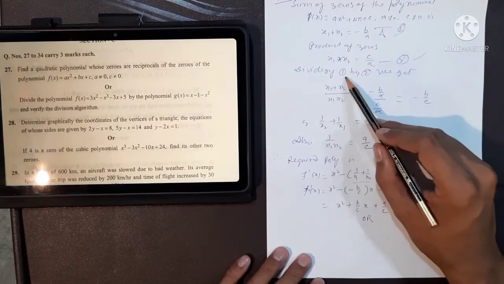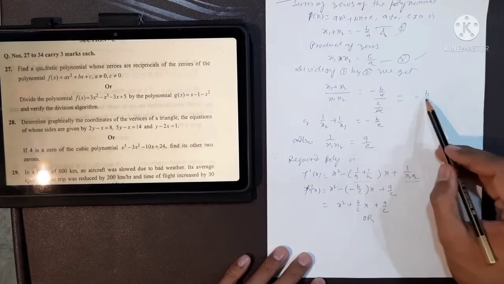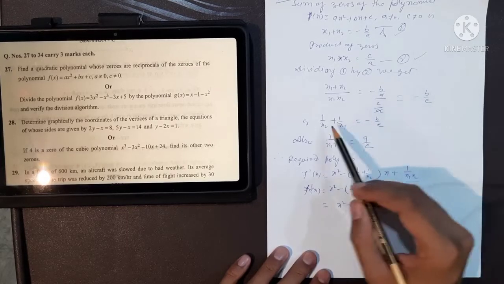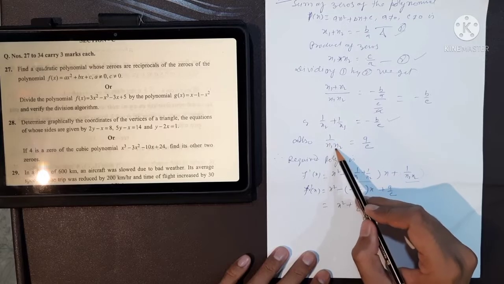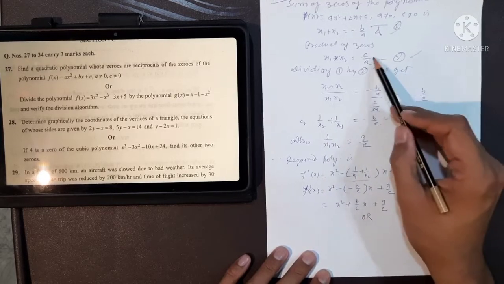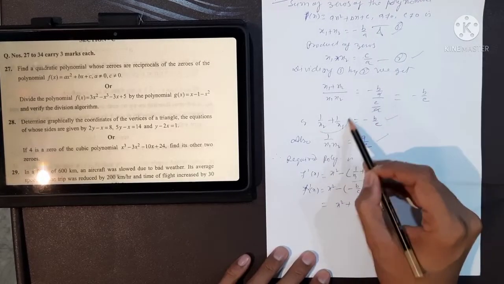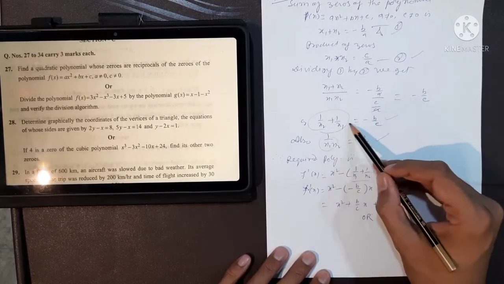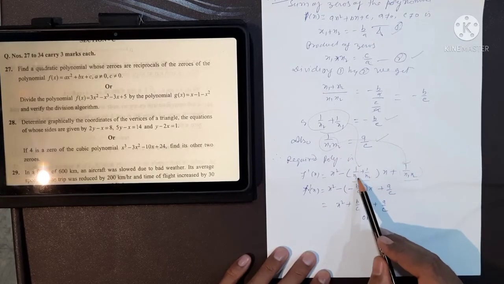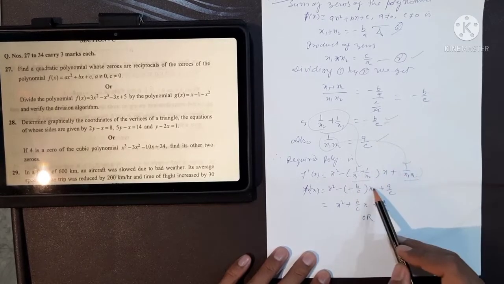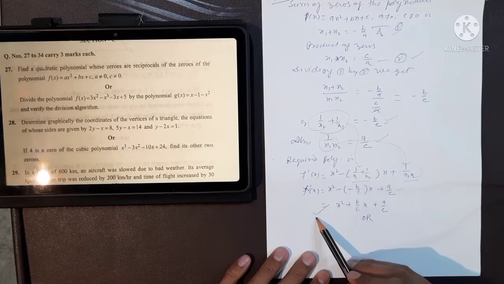on dividing equation 1 by 2 we get x1 plus x2 upon x1 into x2 is minus b by c. So 1 by x1 plus 1 by x2 is minus b by c, and 1 upon x1 x2 is a by c from this equation. We just have to reverse it. So we know these two values, which are substituted here and here respectively. So the sum is minus b by c, and the product 1 upon x1 x2 is a by c. So our equation is this.